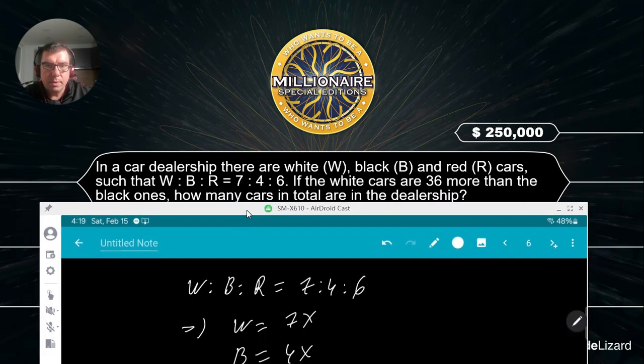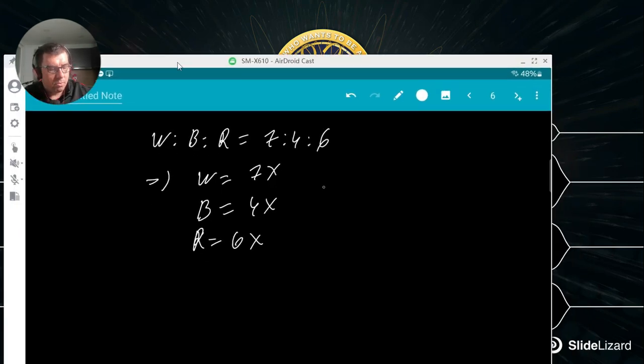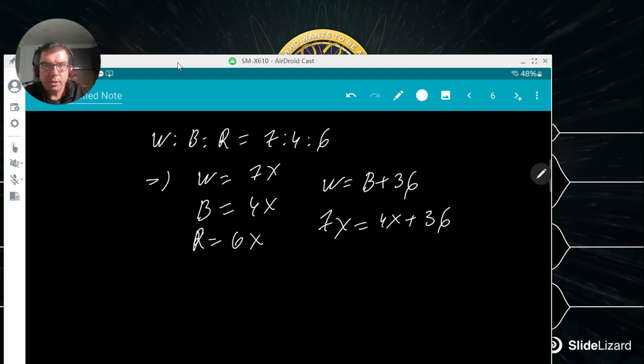Now, in the problem it is said that the white cars are 36 more than the black ones. So white equals black plus 36, 7x equals 4x plus 36, and I just solve for x here, so 3x equals 36, x equals 12, and therefore the white cars will be